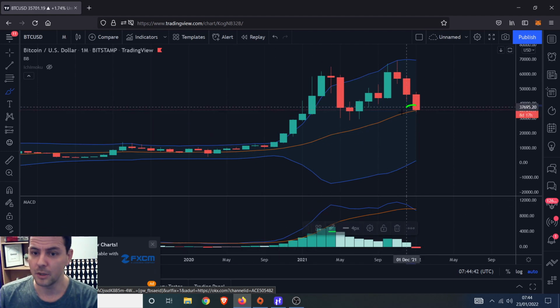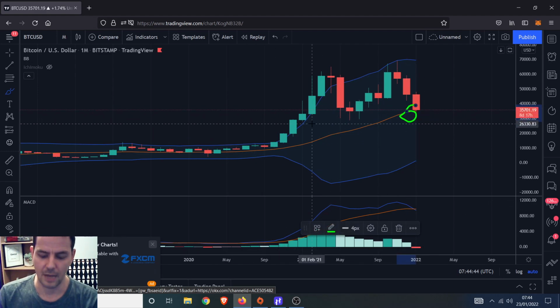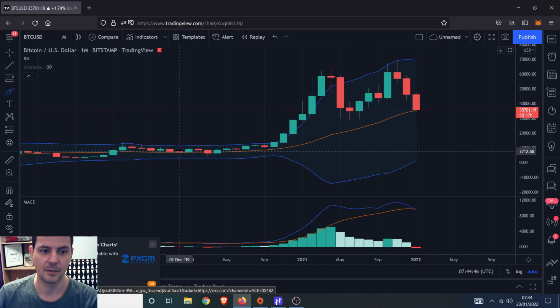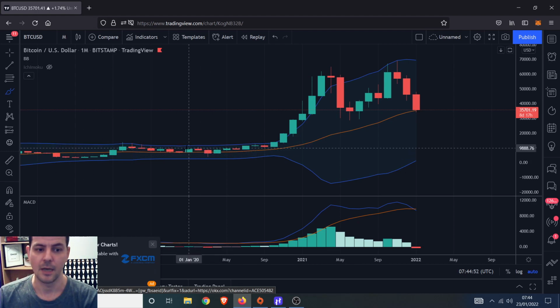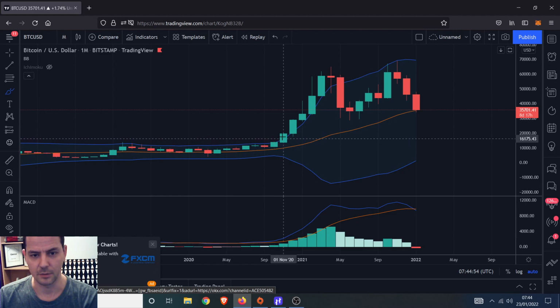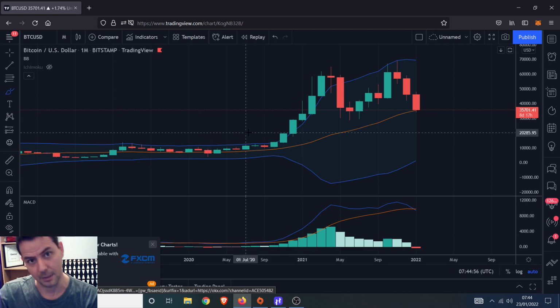So yeah, the Bollinger Band Center has been tagged. You'd look for a reaction. Now we've seen this 3 months, 4 months. We were waiting for a reaction, and we did finally get one on the 4th month. And it probably would have continued slowly and surely if it wasn't for the dump and then the money printing.